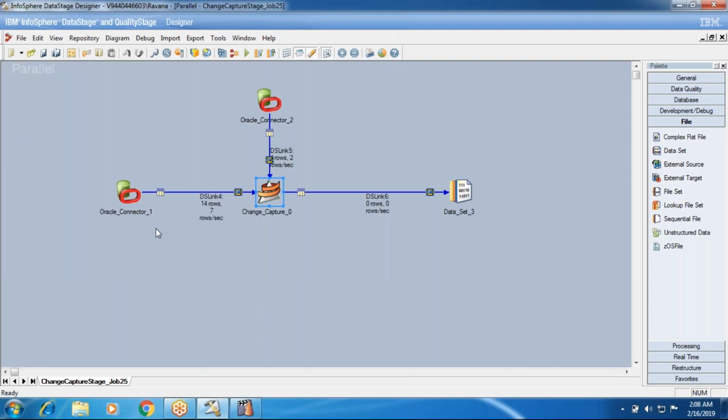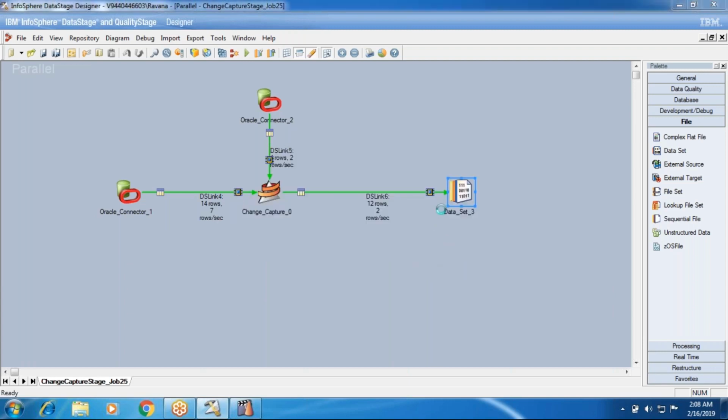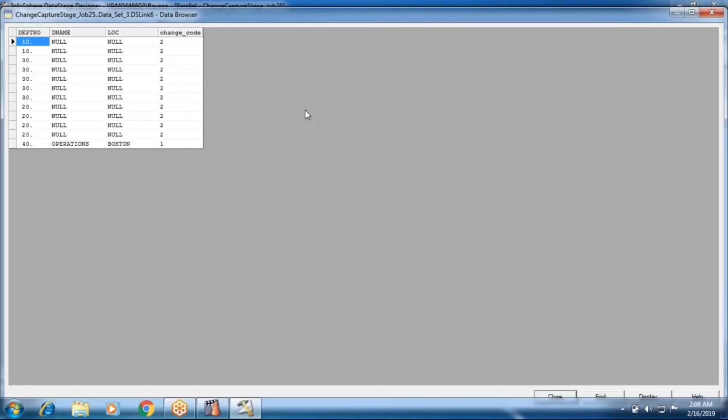So here I get some records to the output, and based on that I'll discuss what is what. In total I got 12 records to the output. We'll see what those records are, and what change code we got for the output records. It is giving 2 for all of them, and for 40 it is 1.